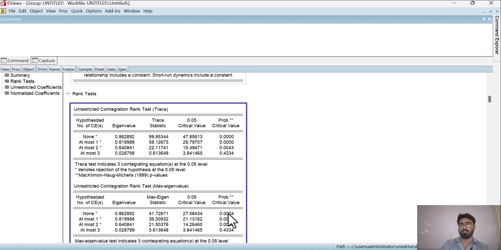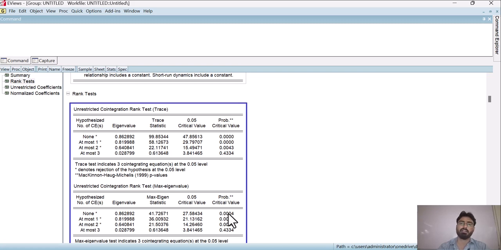So now when we increase our lag from 1 to 2, both of these tests tell us the same thing, that there exists a long run relationship, or there is a cointegrated equation in our model. So now we can apply VECM, or vector error correction model, on our model.